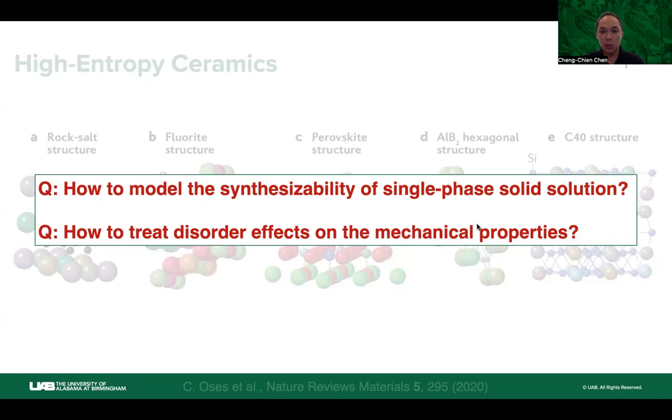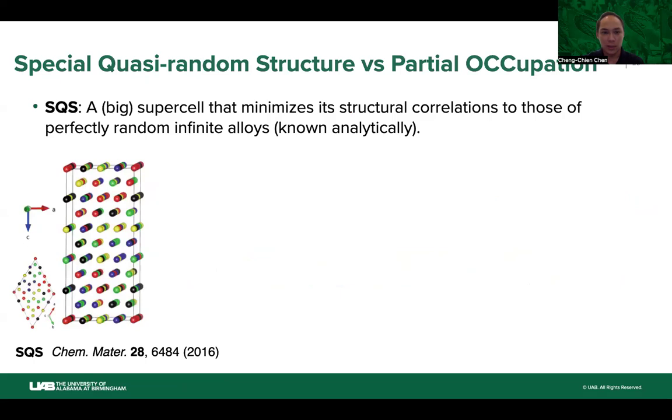Second question is, if the material is formed, how do we model their mechanical properties, especially how to treat the local disorder effect? Okay, so there are two commonly used first-principles methods. One is based on so-called special quasi-random structures, SQS. Basically, this is a big supercell,